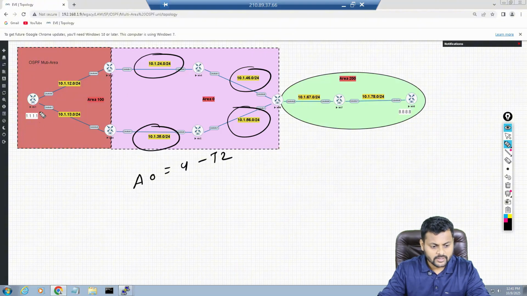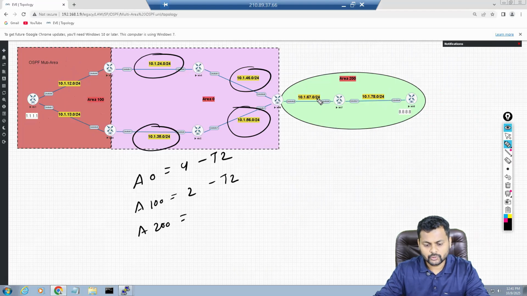If I talk about area number 100, you will have 2 networks, so you will have 2 type 2 LSAs. And if I talk about area number 200 right now, how many? You will have 2 networks. So 2 networks means 2 DRs. You will have 1 DR over here, 1 DR over here. So you will have 2 type 2 LSAs.